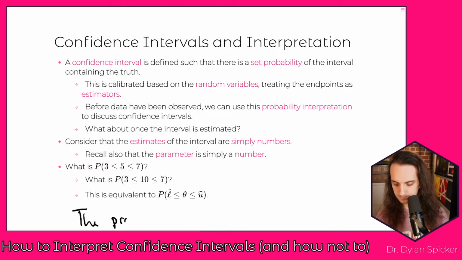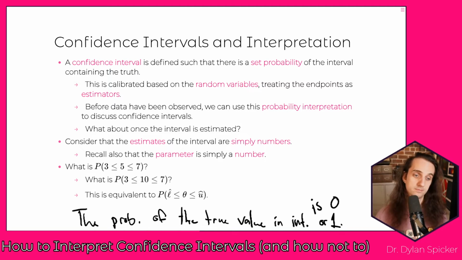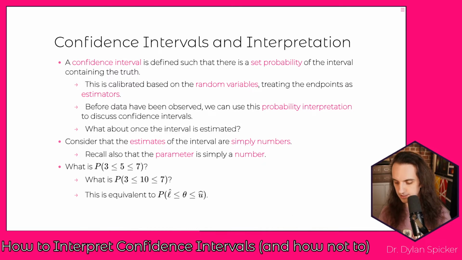So we can just make that statement very deliberately here. The probability of the true value in the interval is either 0 or 1. If we know what the true value is, we can say, is it a 0 or is it a 1? If we don't know, all we can say is it's either a 0 or it's a 1. It's nothing else. It can't be 95. It can't be 99. It's either there or it's not there. And so because of that, we have to turn towards other types of interpretations for these statements.